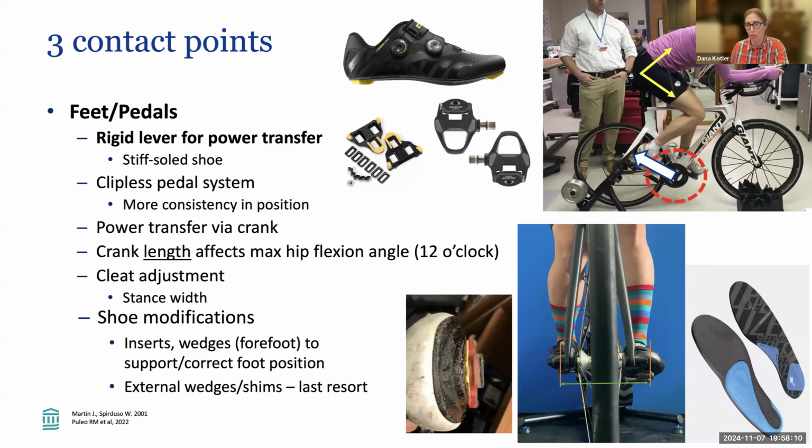If they have restriction in their hips, they don't want a crank that's going to put their knee way up into their chest while they're pedaling. You might go for something a bit shorter. The foot's making a smaller circle, the knee's not flexing as much, and the hip is not flexing as much.